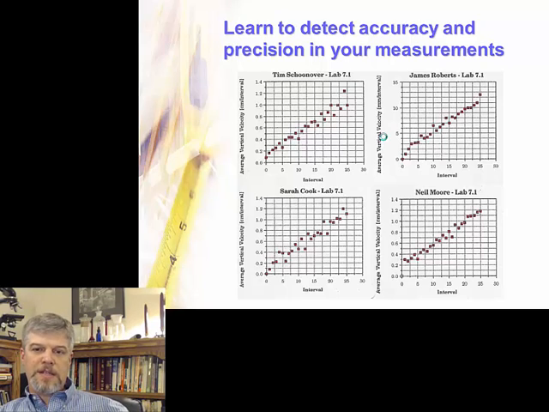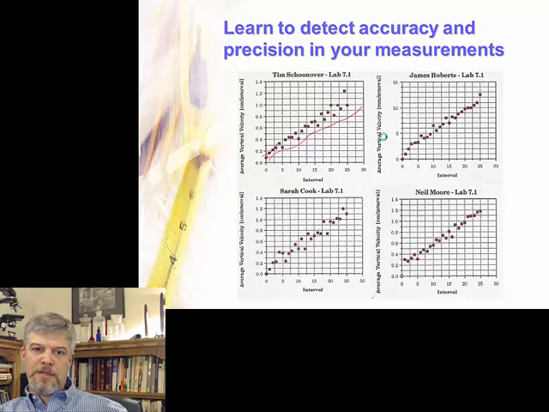Okay? Now let's compare Neil and Tim. They're very similar, but Neil's looks like a pretty good cluster, but it's kind of raised. It's like the entire line has been shifted upward. Now it turns out in these cases that each one of these students made a mistake in technique in lab that caused the spread of data or the distribution of data to be somewhat off. So actually the best representation we have here is either Tim's or Neil's. Tim's actually spreads out and gets